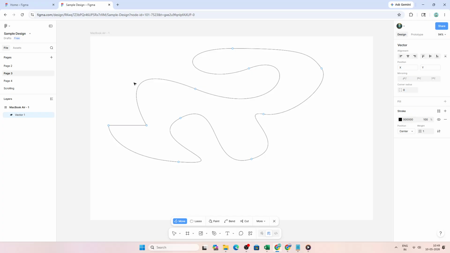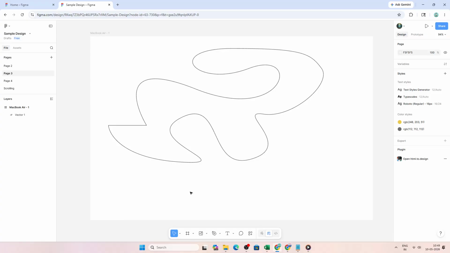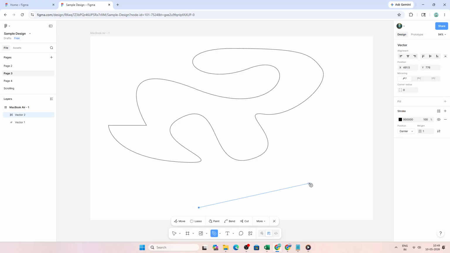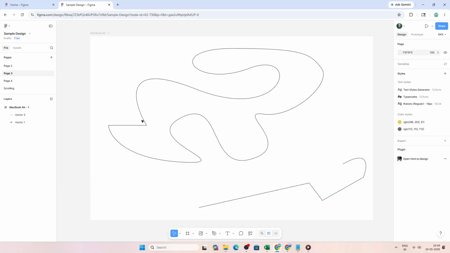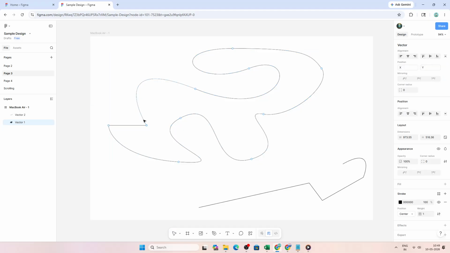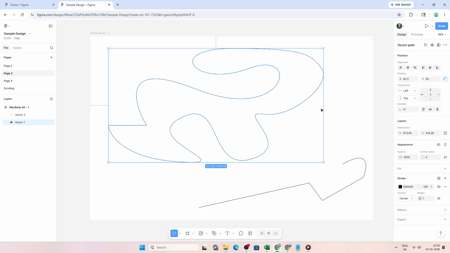This ends the active path but keeps the tool ready so you can immediately start a new, separate vector. It's especially useful when you are building multiple small shapes or exploratory paths in one go. When you are done drawing and want to finalize the shape, press Enter. This exits the vector network editor and confirms your path, so you can move on to other tools or adjust